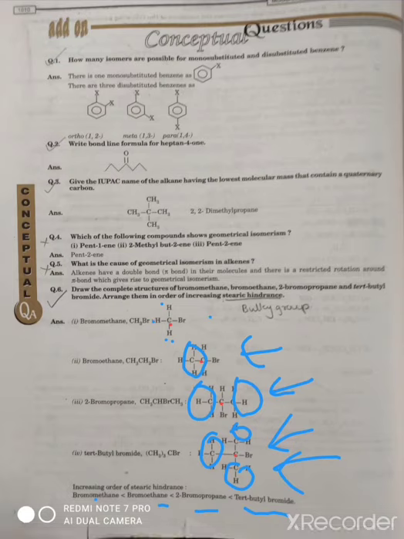So in this, what you need to do is find the carbon which is attached to the Br, and just check the surroundings of that. If there is a large size group, that will be more sterically hindered. So in the case of tertiary butyl bromide, the carbon which I have highlighted with a red dot here is surrounded by 3 methyl groups. So we can say there will be greater steric hindrance to that carbon.